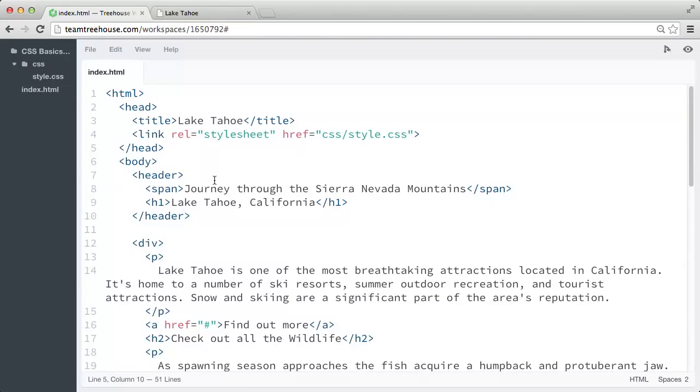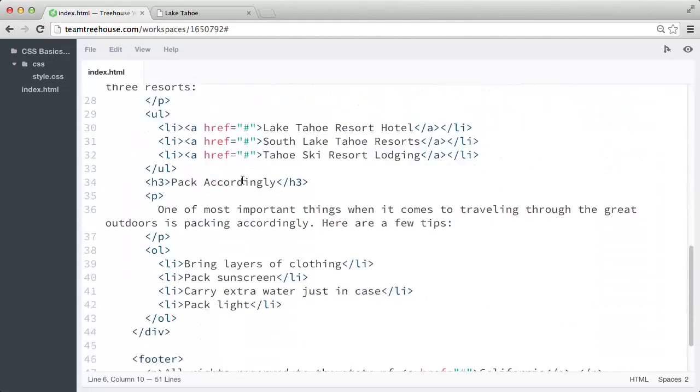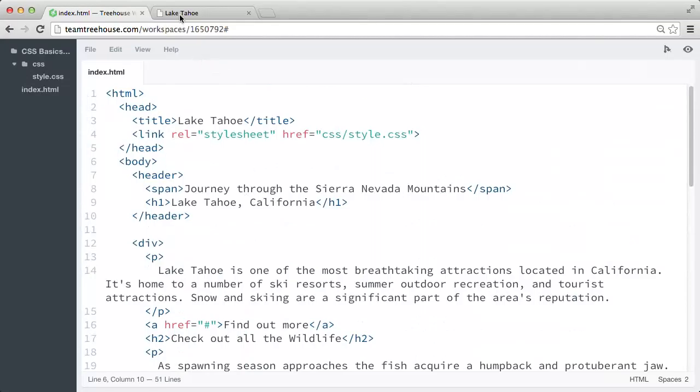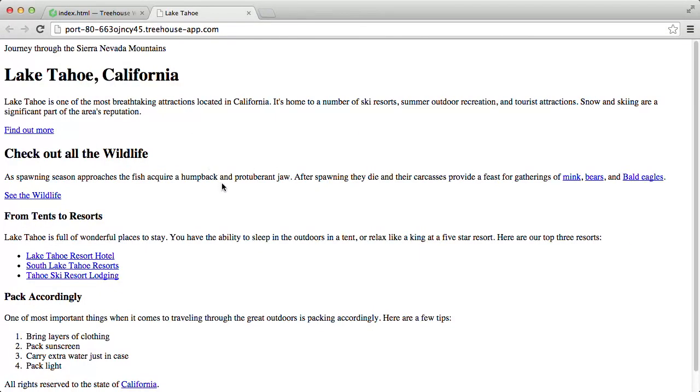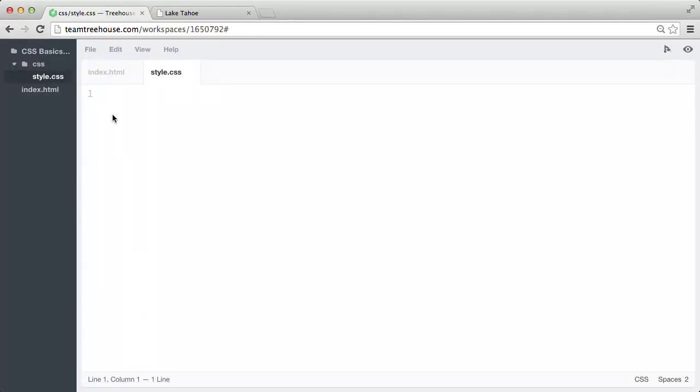to our page. So in our latest workspace, we have our style sheet ready to go, and it's already linked to our HTML file, which now contains the rest of the content we'll need in our Lake Tahoe website. And as we can see in the workspace preview, the page is once again completely unstyled. So let's go back to our workspace, open up our style.css file, and let's start writing some styles with CSS